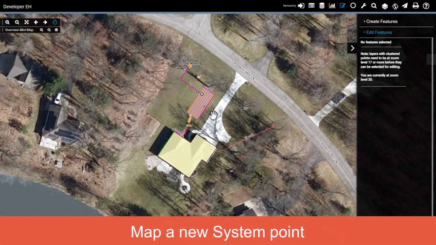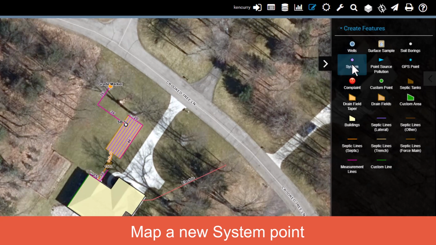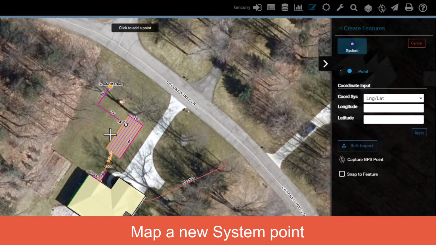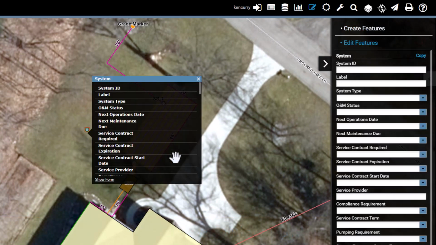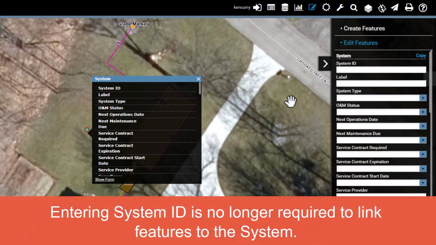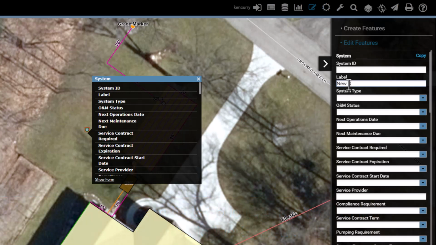So I'm going to start by creating a new system point. I'll come over here to the menu and grab a system point, zoom in a little bit, and then I'm going to just drop that system point on the map. Note that we also are automating the relationship between the system point and the septic tank, drain field, and building. So you no longer need to enter a system ID. That is done automatically for you. Those relationships are built in the background, so you no longer need to use that system ID to define that relationship. So I'm just going to put in a label here, new system,